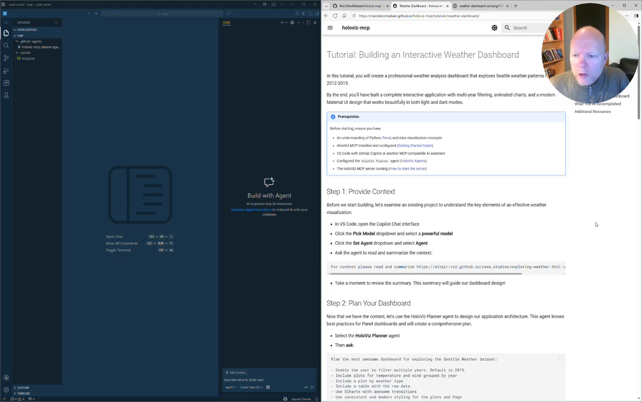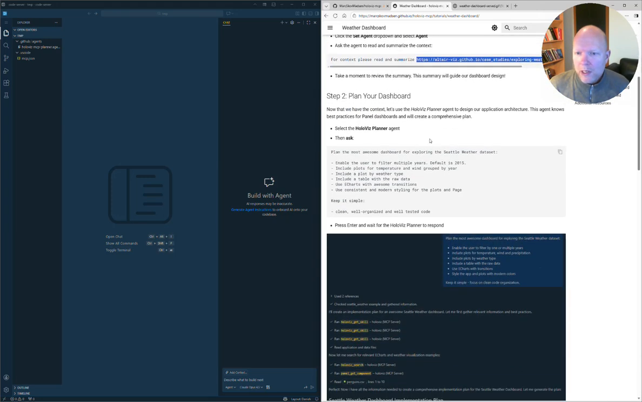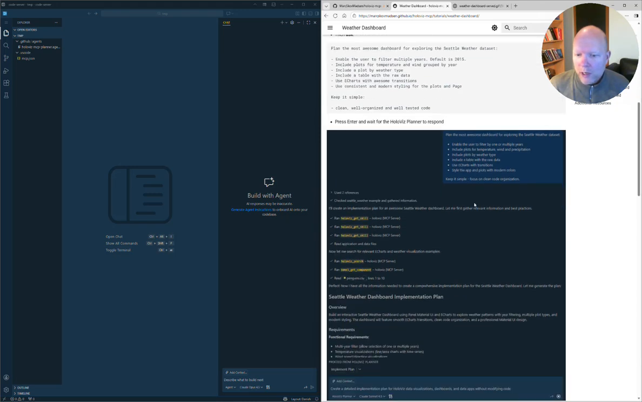And we will start by providing some kind of context. Often, for a use case, you would have some knowledge of data, of the use case, requirements, ideas, etc. And you would start out by providing that. We have some web page that it can explore or read, and we will ask it to do so. Then we will ask the Holoviz planner agent to plan the dashboard, and we will get a plan out,